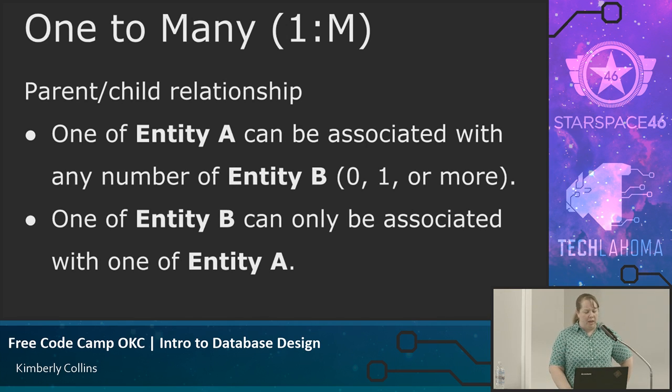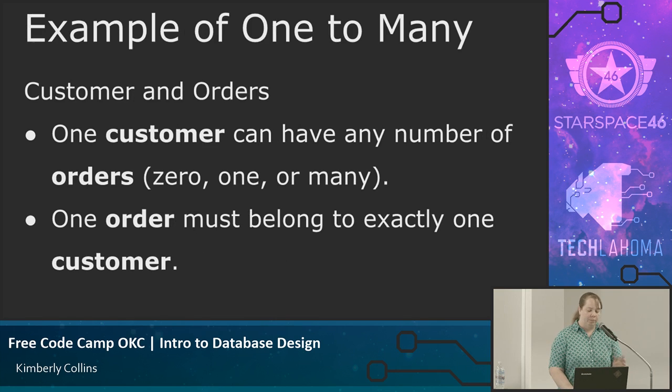The first type of relationship I want to talk about is one-to-many. And that's generally noted by 1:M or 1:N. This is basically a parent-child relationship. One of the first entity can be associated with any number, many, of entity B, the second entity in the relationship. That could be 0, 1, or more than 1. But the reverse is not true. One of the second entity can only be associated with one of the first entity. And I hope this will make a lot more sense once I show you an example, which is customers and orders. One customer can have no orders, one order, many orders,